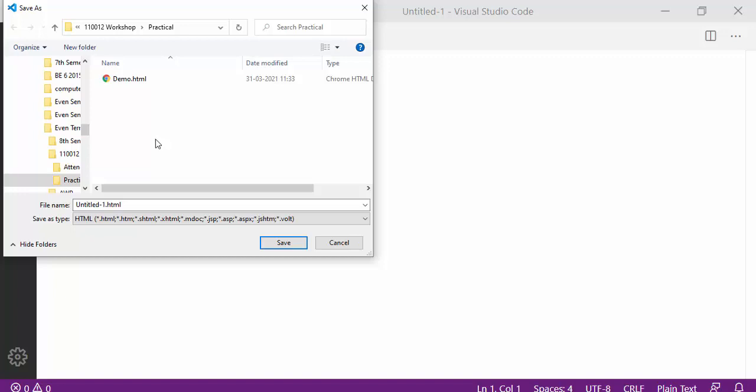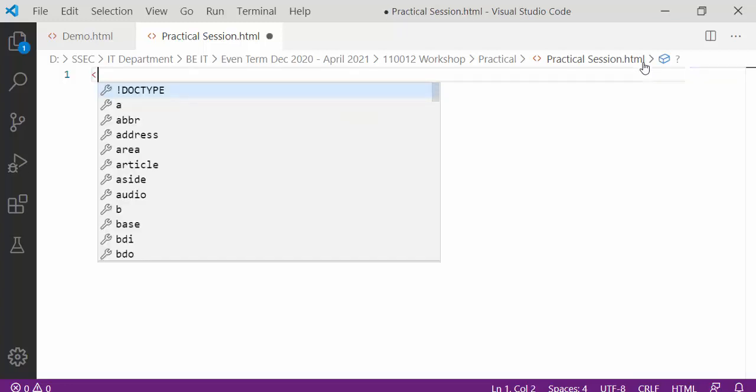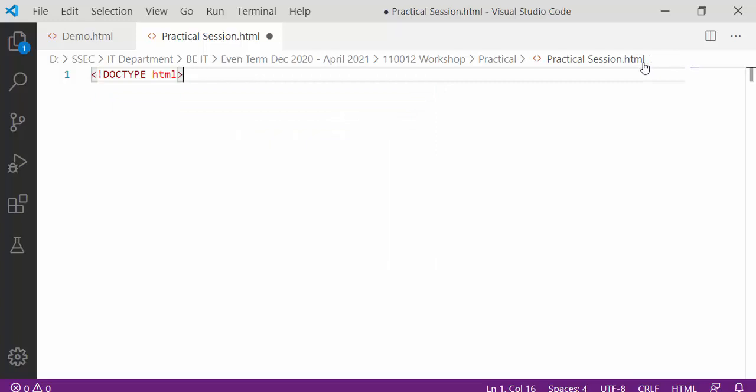Okay, so first of all, I am saving my web page as practical session in our folder. Here you can see the whole path of the file that I have saved. Okay, so we are starting with the first tag, that is doctype, that we have also discussed. Let me just give you the description of doctype once again.